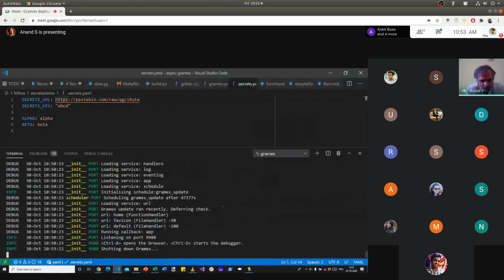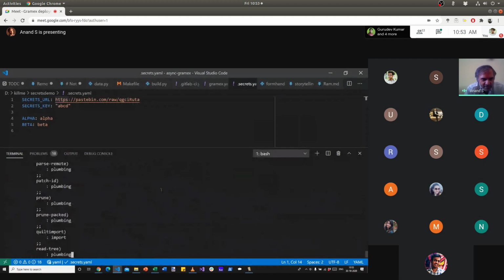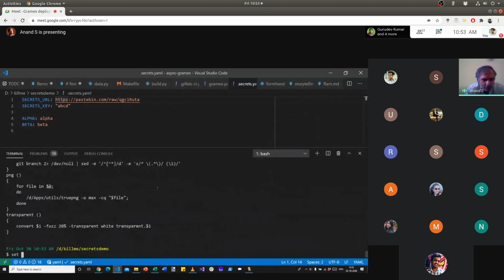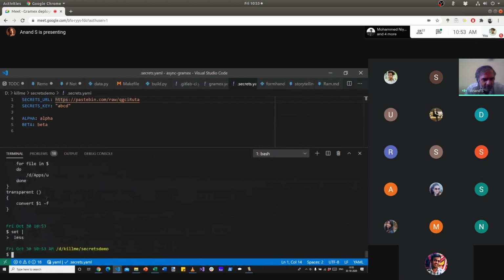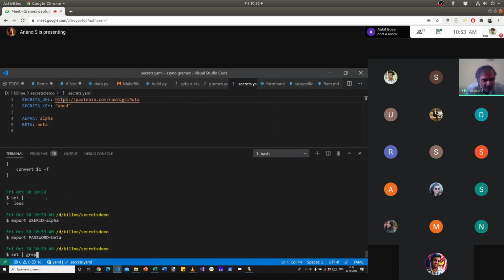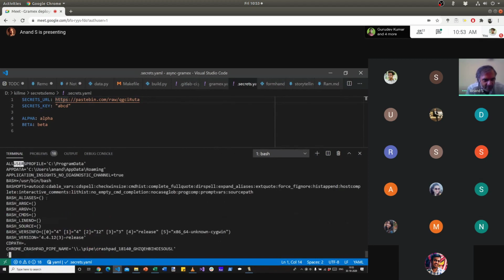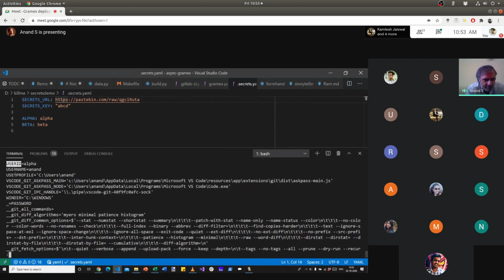And I'll explain how this is useful in a short while. So if you type set, then set by default gives you a long list of environment variables. So all users profile, app data, application insights, blah, blah, blah. So let's say I export user ID is equal to alpha and password is equal to beta. So now if I set, I will find user ID as one of my environment variables and password